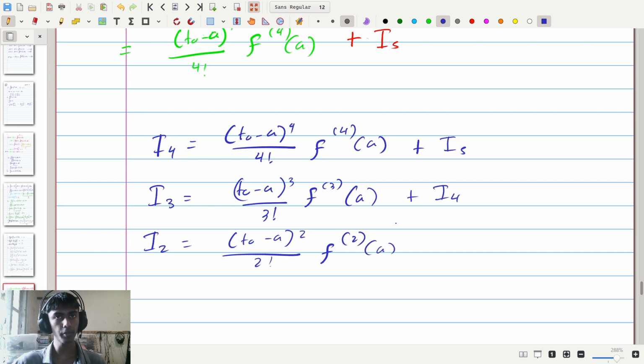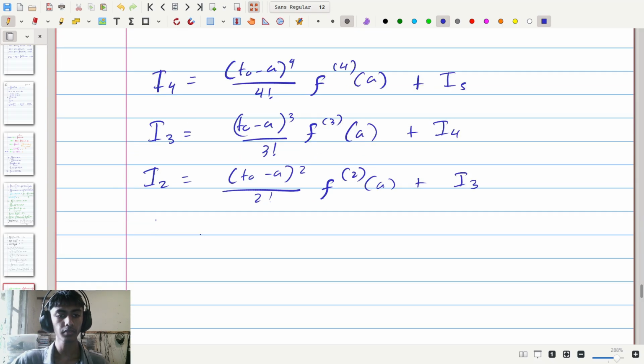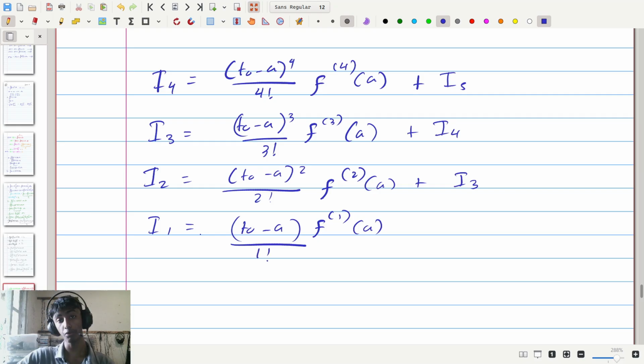Instead of writing f double prime, I'm going to write f2, plus I3. And then what we had initially is that I1 was equal to (t0 minus a) times f1 of a, as in the first derivative, divided by 1, which is 1 factorial. So of course it's the same thing as writing just (t0 minus a), but to establish the pattern we're going to show this. And then plus